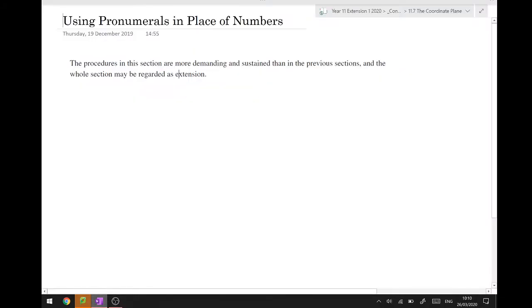Alrighty, welcome to using pronumerals in place of numbers. So, second lesson for today, I believe, if you are following along at home at the appropriate times, because it is our big double today. The procedures in this section are more demanding and sustained than in the previous sections, and the whole section may be regarded as extension. Yes, this is your first actual look at proper extension stuff, not just tacked onto the